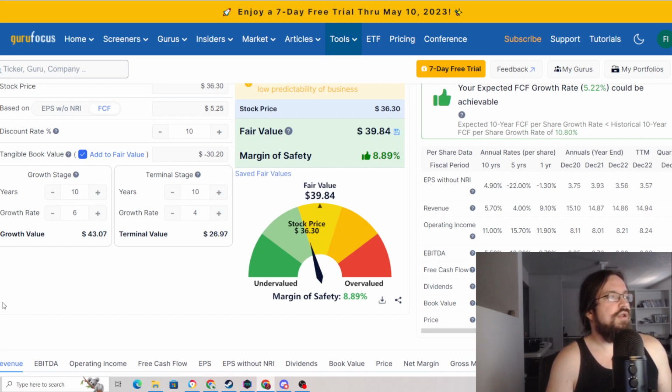Now, you could run your nuclear apocalypse scenario and kind of figure out what happens if there's zero growth. Now, if there was zero growth, to be in the green, you would have to drop your desired return down to something like 4.5% or so. In fact, I'll just demo that right now. So just zero growth, period. And again,